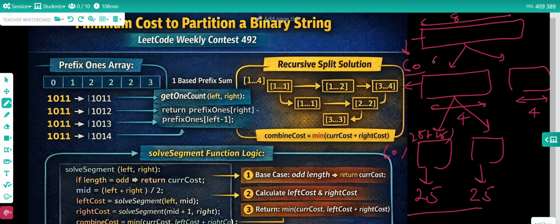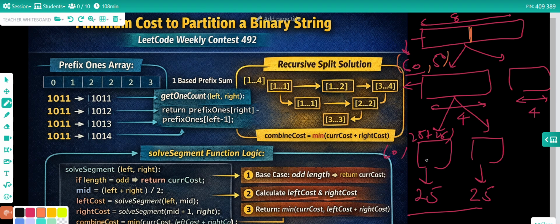So we will return the minimum of 60 comma 50, which is 50, and the same way we will do on the right side, also dividing into two parts. So the cases are: we calculate the left cost and the right cost.